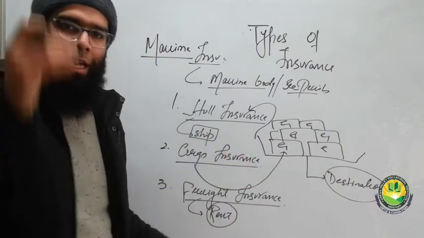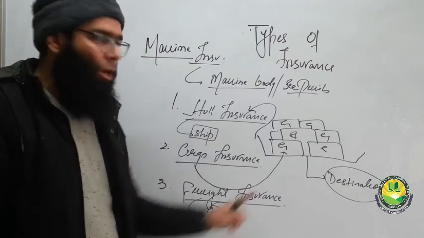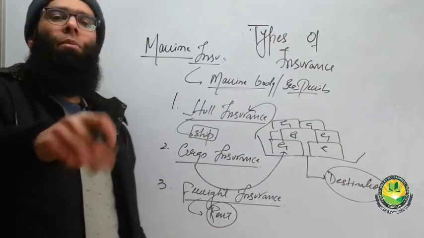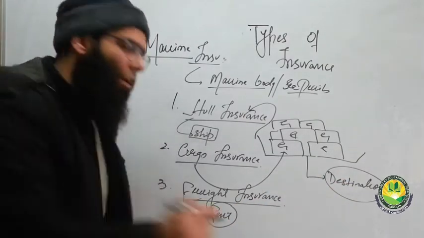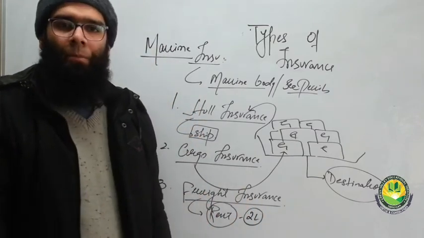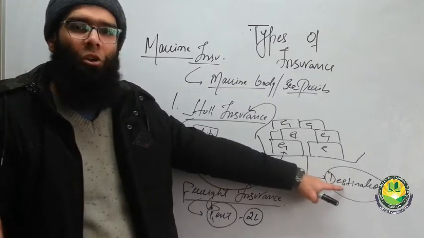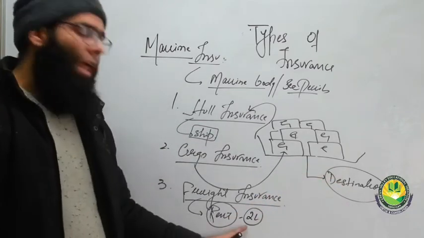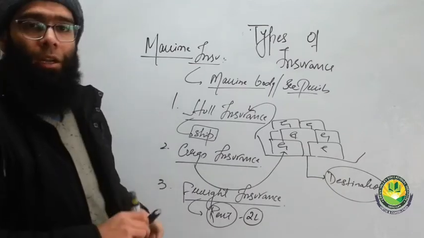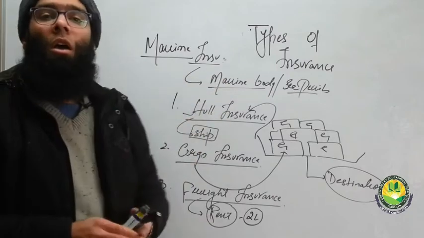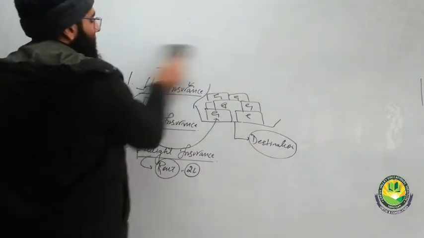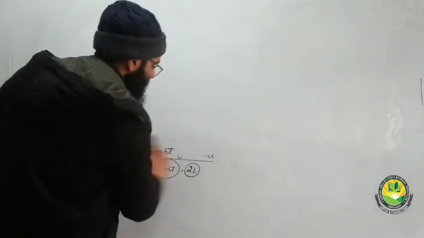So what to do? In case of non-payment of this rent, because the ship was damaged and did not reach its destination, this rent also will be insured. If the rent was to be paid 2 lakh rupees and they didn't receive it because the ship didn't reach its destination, it got damaged, then the 2 lakh rupees which was to be paid is a loss. These 2 lakh will also be covered under the freight insurance. So these are the 3 types of marine insurance that we had to discuss. So this concludes the insurance topic of this chapter.